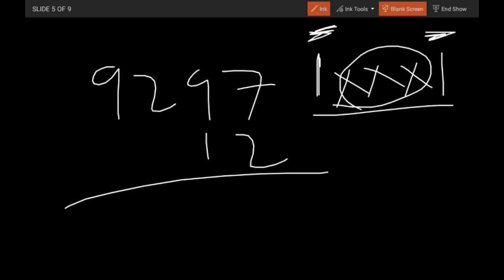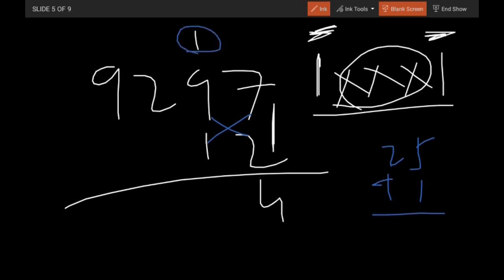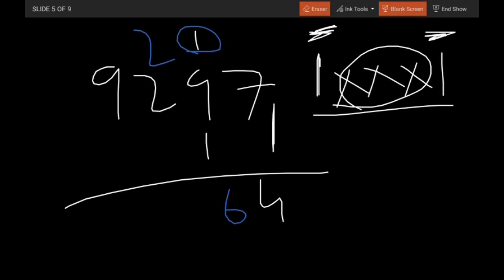Okay, now see, the first one is straight, right? So 7 2s are 14, and the next step is cross. So 2 9s are 18, 18 plus 7 1s is 7, so 18 plus 7 is going to be 25, plus we should also add this carry, right? Okay, so it's going to be 26. So 6 over here, 2 over here. Now we should do the next carry. So we have completed this one.